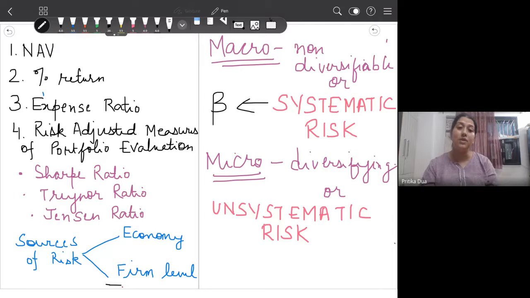So for the systematic risk of the market, the true measure is beta. With the help of beta we calculate the total systematic risk, which has a formula, but we say that beta is the measure of systematic risk in the market, which then helps us to calculate the total percentage of systematic risk. Beta is an absolute measure. There is no unit for beta. It's an absolute measure. On the other hand, your unsystematic risk, as I told you, it can be